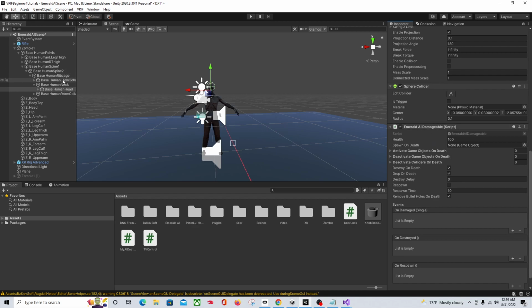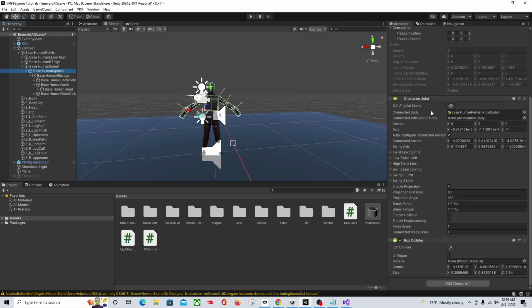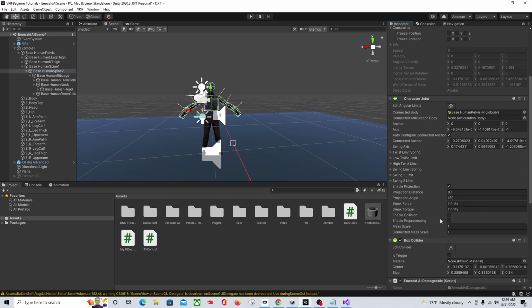So it needs our Emerald AI Damageable, and then we'll do our spine 1. No, is it spine 2? Yeah, spine 2. So we can hit him in the head and we can hit him in the chest. So Emerald AI Damageable. Okay, so now if you come back to your main